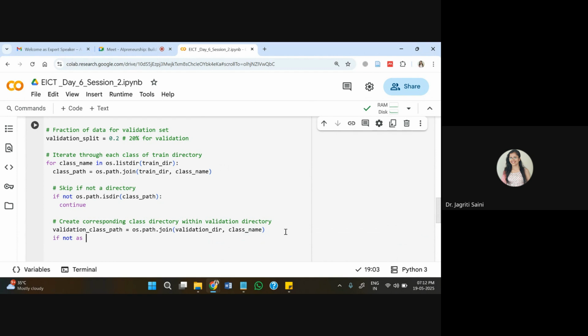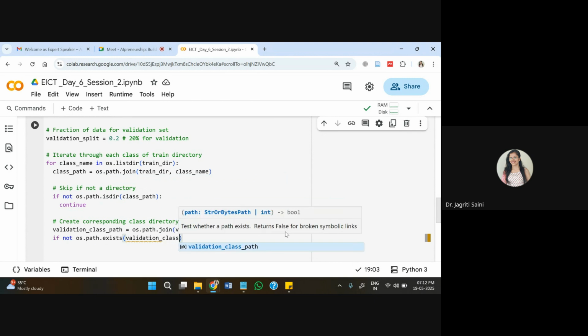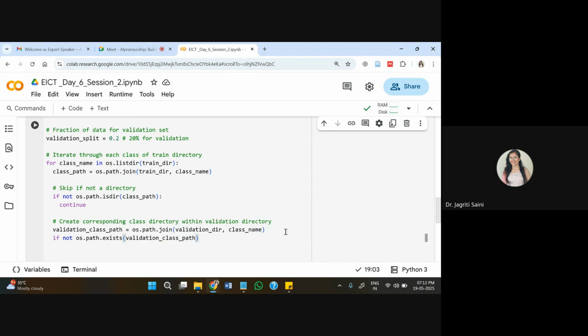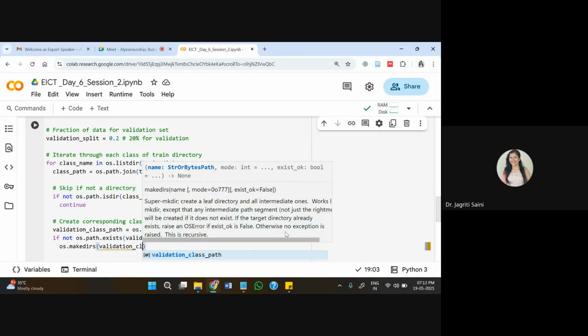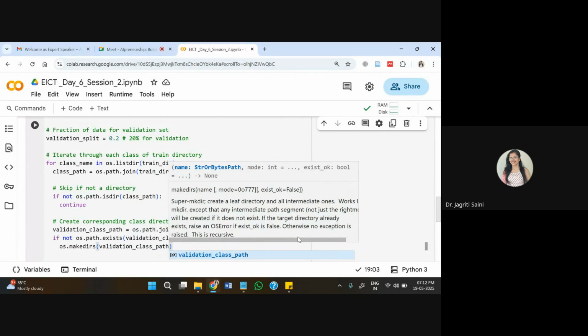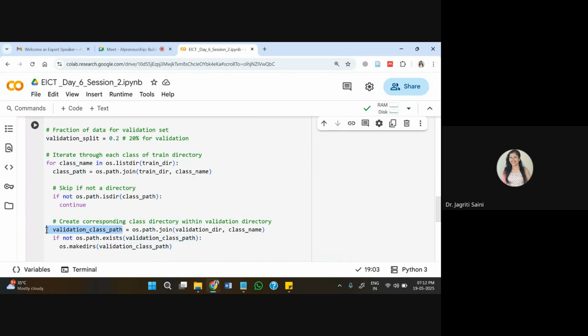And if not os.path.exists, again it will check for the existence of the path, then it will find that path from the recently created variable that we have, validation class path. Or here also we will write make directory, and that will be taken from validation class path that we have already inserted here.